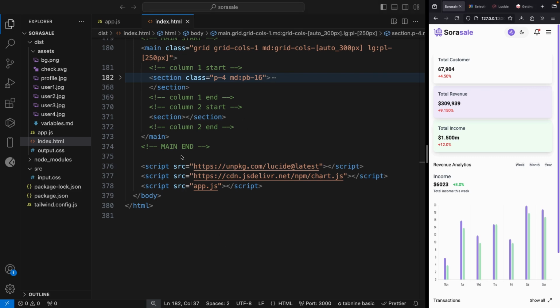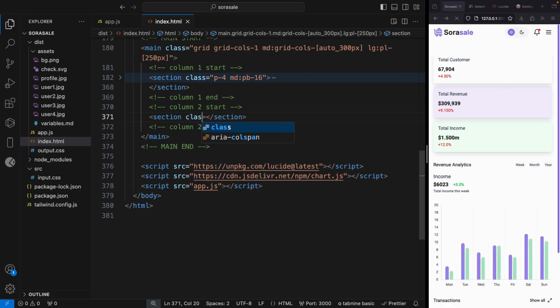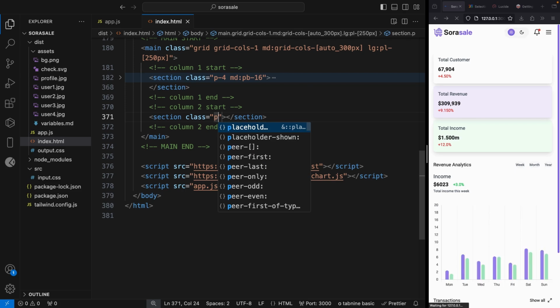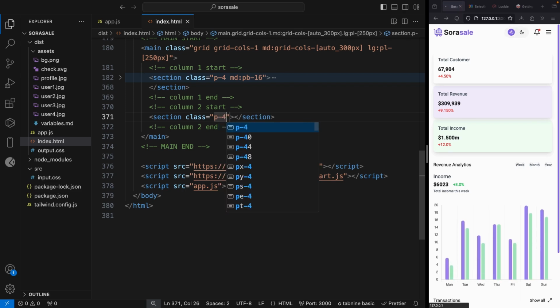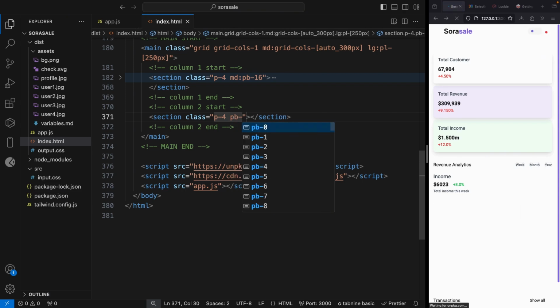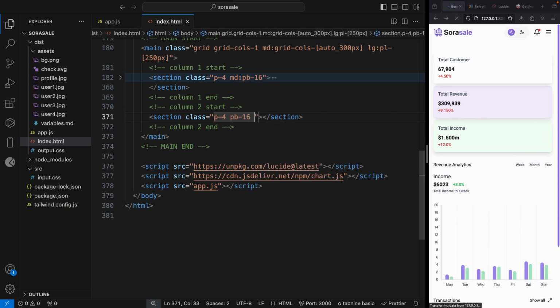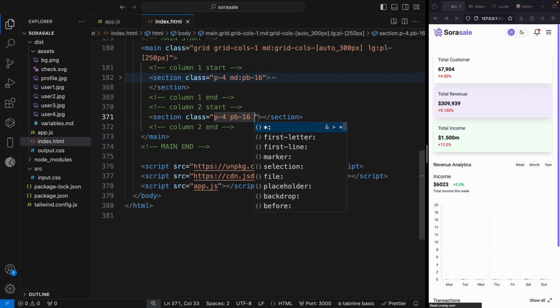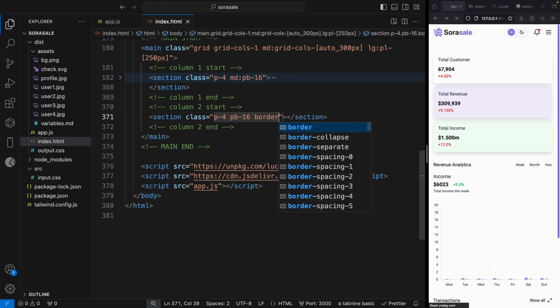All right. So let's give this column 2 some class. The first class is, let's say, border, and let's say the pattern button should be EB-16. Let's give it a border